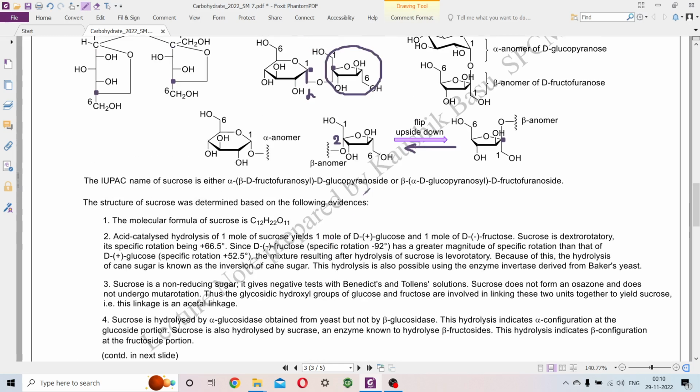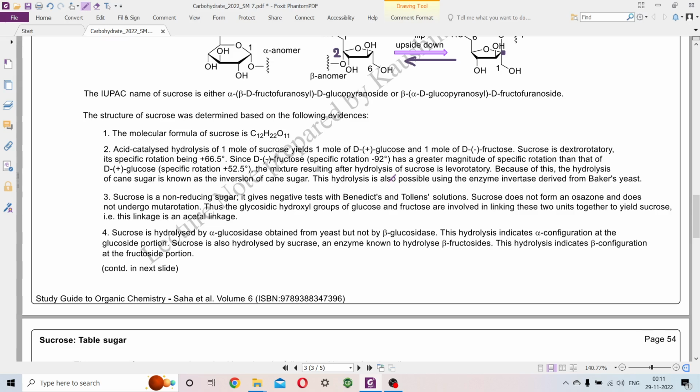All of these point to the fact or expectation that the anomeric OH of the glucose is linked with the anomeric OH of the fructose unit. So basically you are eliminating a molecule of water from the C1 hydroxyl and the C2 hydroxyl of the glucose and fructose respectively. Sucrose is hydrolyzed by alpha glucosidase enzyme, which is obtained from yeast, but it is not hydrolyzed by beta